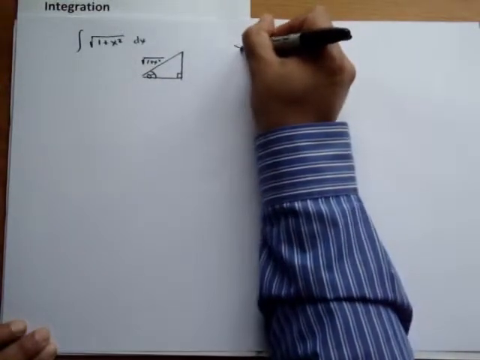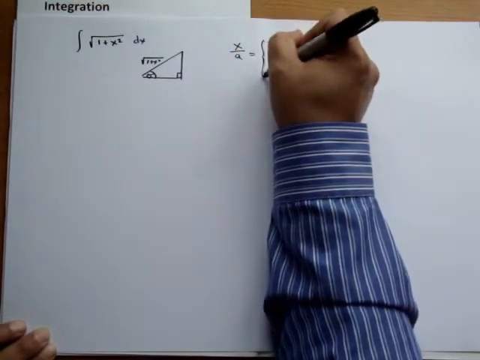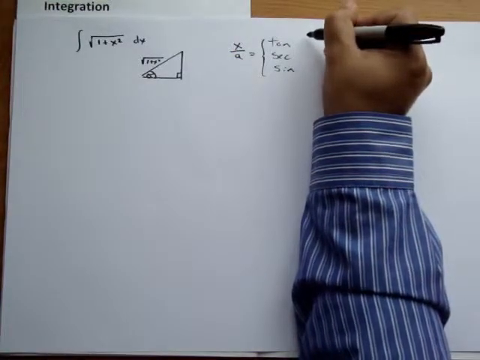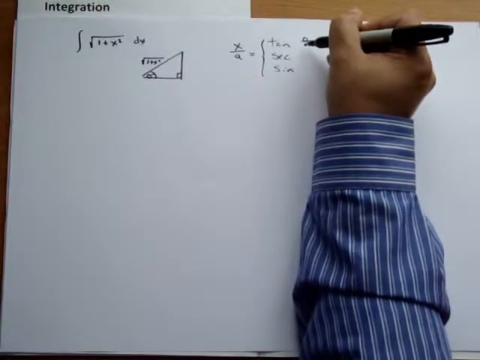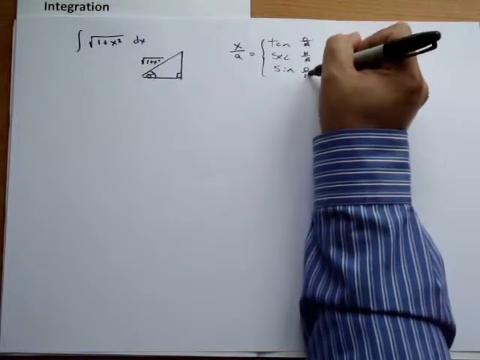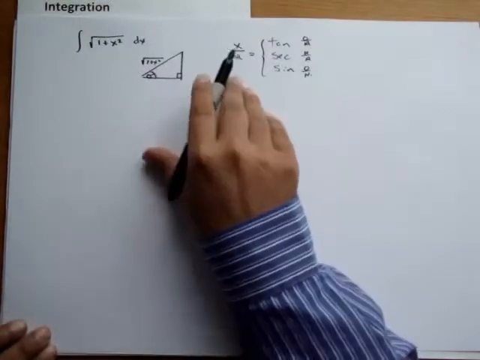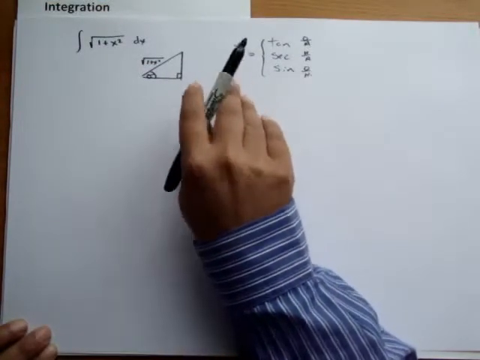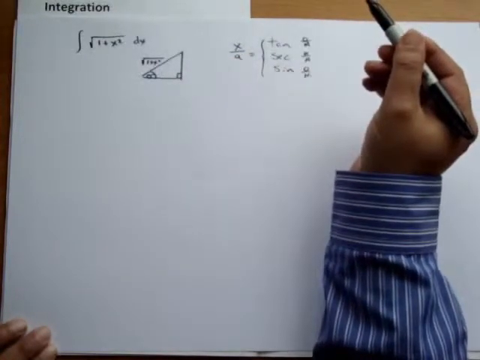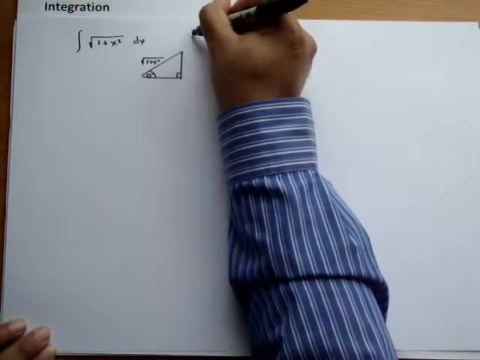So we use x over a equals one of these. Tan is opposite over adjacent, secant is hypotenuse over adjacent, and sine is opposite over hypotenuse. Looking at this, to get x over a, we would have to use tangent, which is opposite over adjacent. Those are the ones we've got left, because the hypotenuse is already taken. So in this case, we're going to use a tan